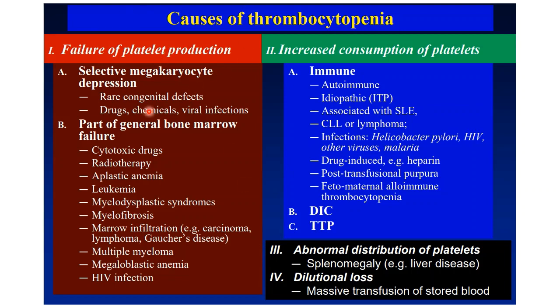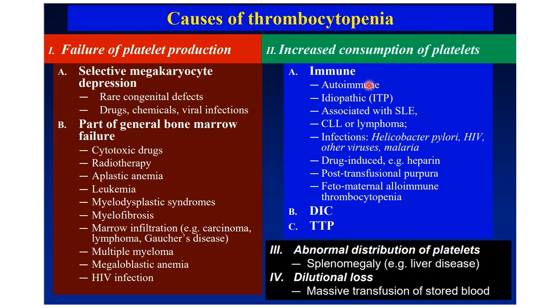Failure of platelet production can be a defect in the megakaryocyte by itself, like congenital defects such as congenital megakaryocytic thrombocytopenia, or it could be a part of a general bone marrow failure where even the other cell lines may be reduced, like aplastic anemia, radiotherapy, leukemia, MDS, myelofibrosis, multiple myeloma, megaloblastic anemia, HIV infection. Increased consumption can be